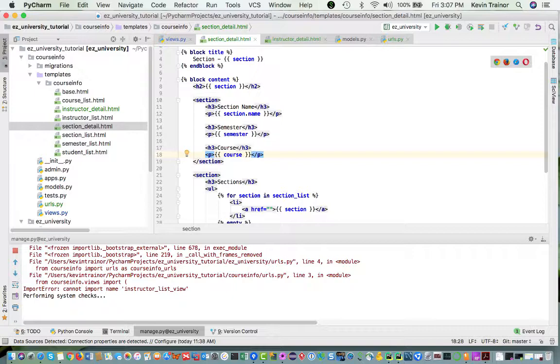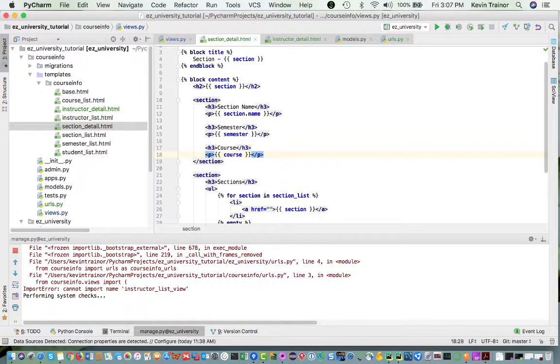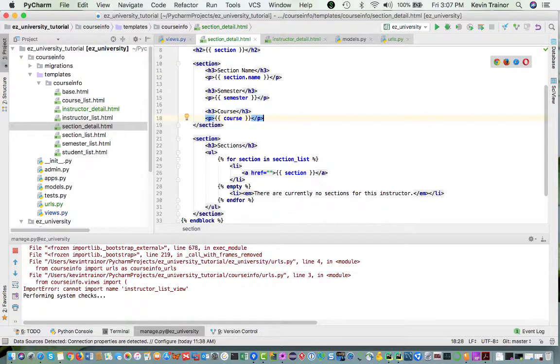So now we're going to have our first list. I'm just going to click back to views. What's our first list? Well, it's an instructor list. So we have an instructor list and a student list. Okay, let's look. So it's not going to be sections. It's going to be instructors. Instructors, not instructions. Okay, and we're just going to clone it. So for instructor and instructor list,